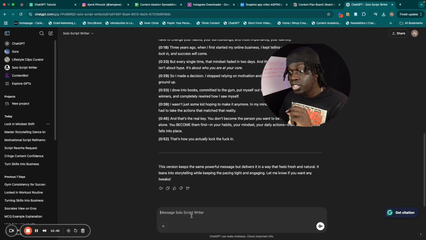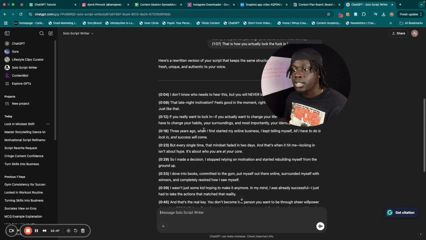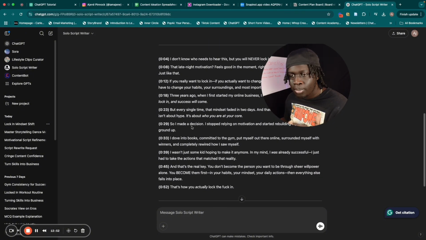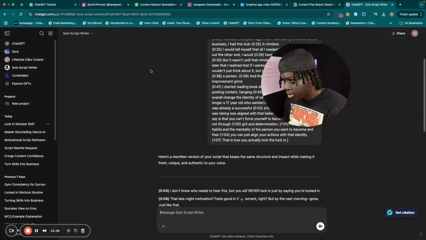Then you just have to tweak things here and there. But this is how I tweaked mine, because since I'm on a similar journey, I don't have to tweak it that much because I've documented, I've hit the income goals I've been wanting to hit. Not all of them, but I've progressed. But this is how it literally came out. So the main script, it said,